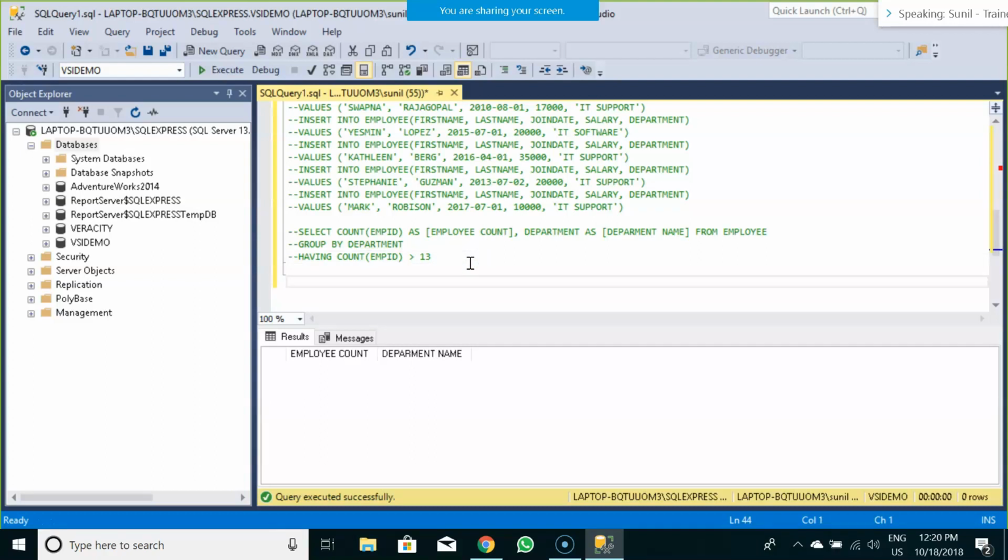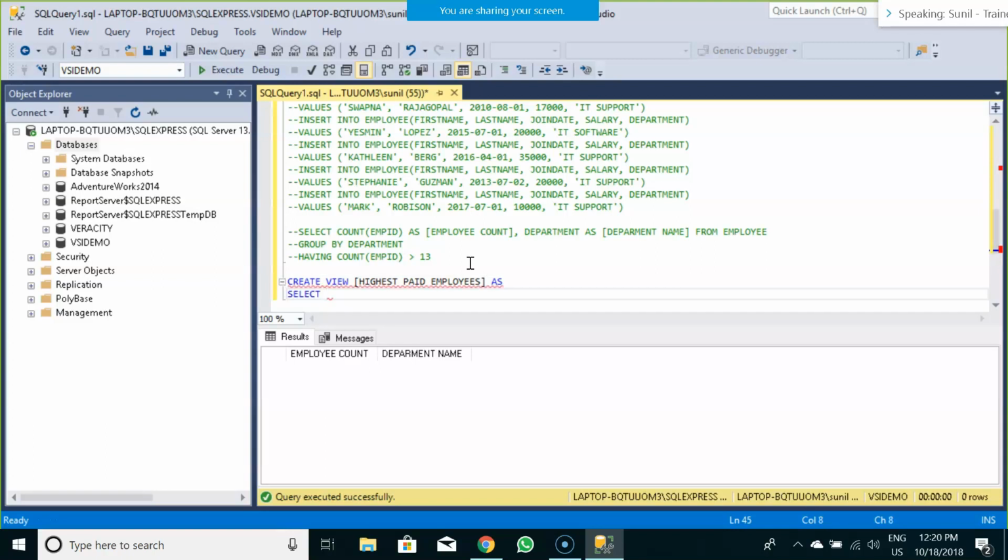Okay. So next what we are going to see is what are views in SQL Server. Does anyone know what views are in SQL Server? Okay. So views are temporary tables that are created in SQL Server for repetitive queries.